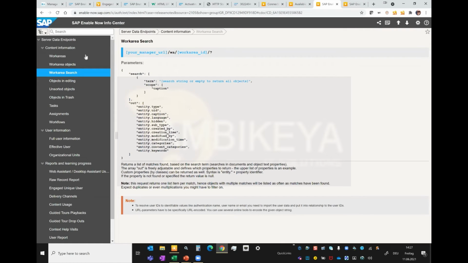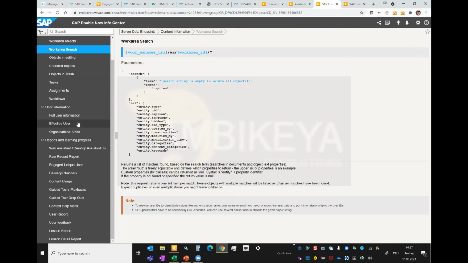So all the data that Manager as an application uses to render its front end are explained here from the perspective of the pure data access. Okay. And that is actually what leads to our